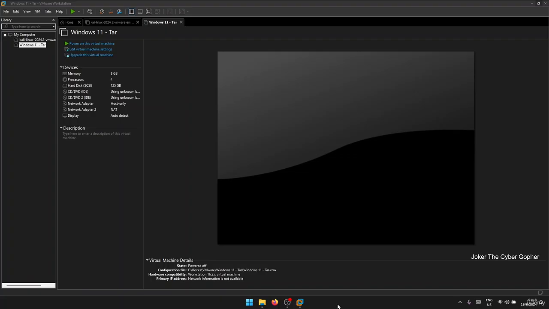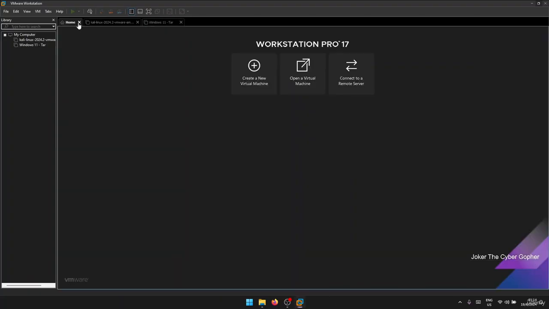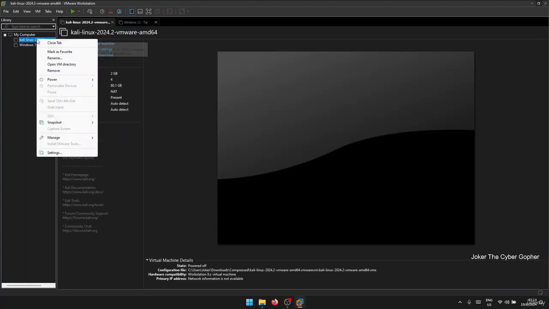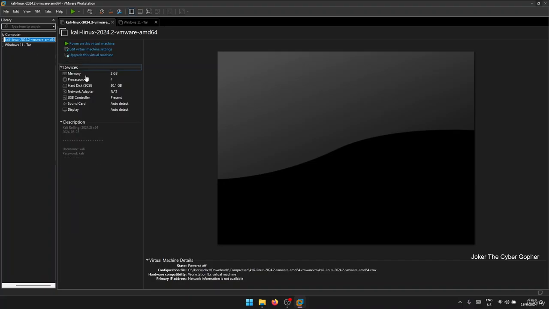Now let's go ahead and modify these virtual machine settings. I'll go ahead and start with the Kali Linux right here. I'll right click on it and hit rename. I want to name it Ninja,